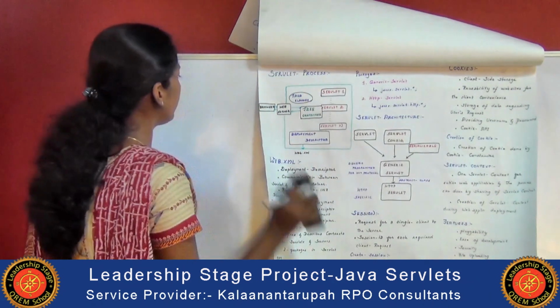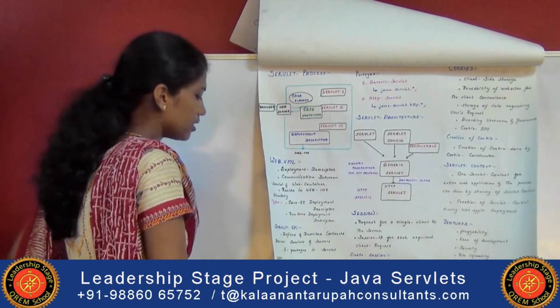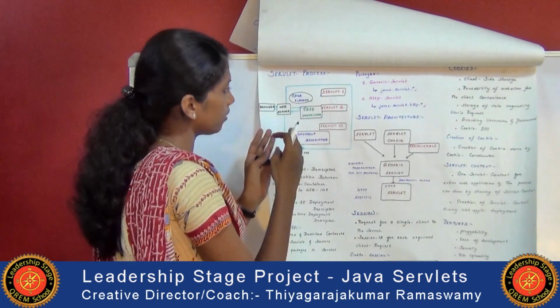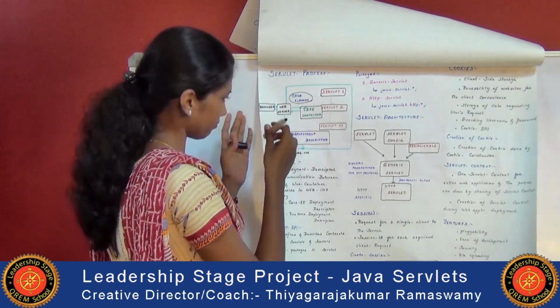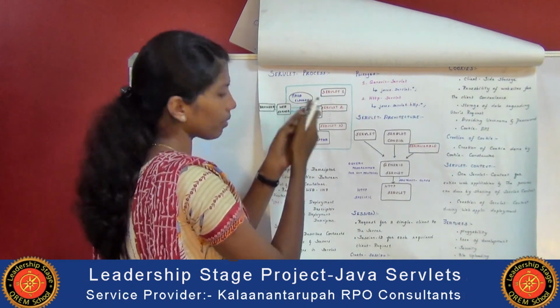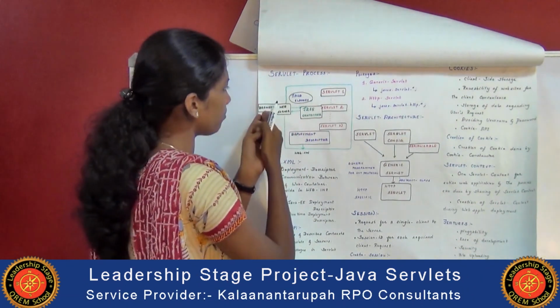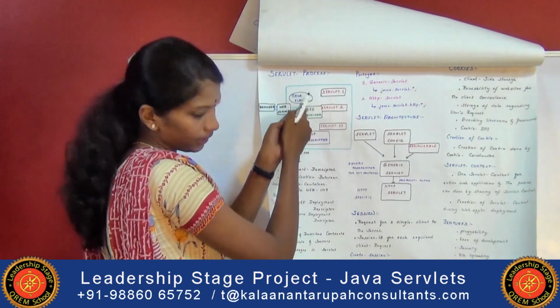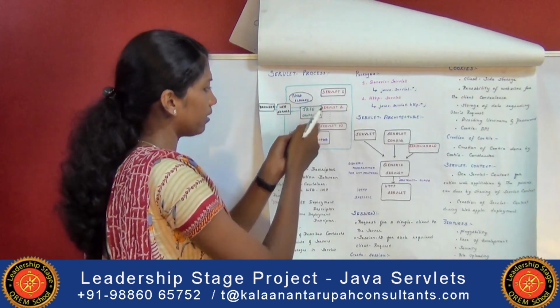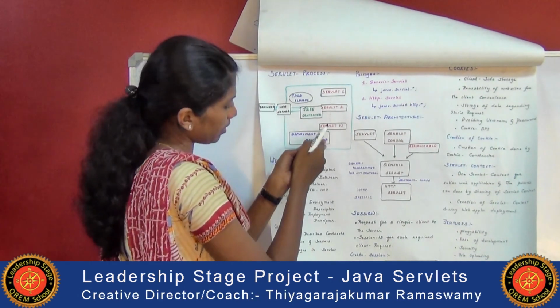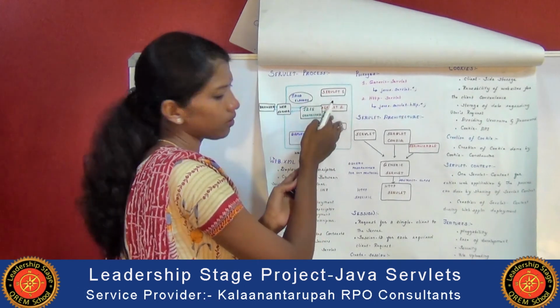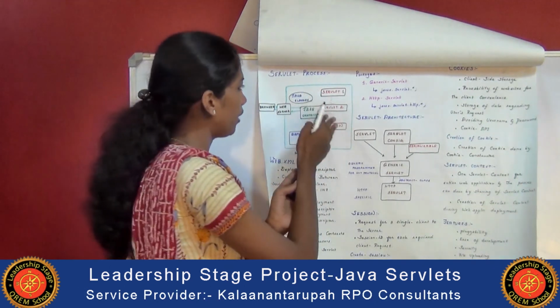The next is about the servlet process. The servlet process explains the communication between the client and server. We have four major roles in a servlet process. One is the browser, the next one is the web server, another one is the web container or Java Enterprise Edition container, and the next one is the deployment descriptor, which is also known as web.xml, accompanied with a number of servlets. That means small modules of programs.